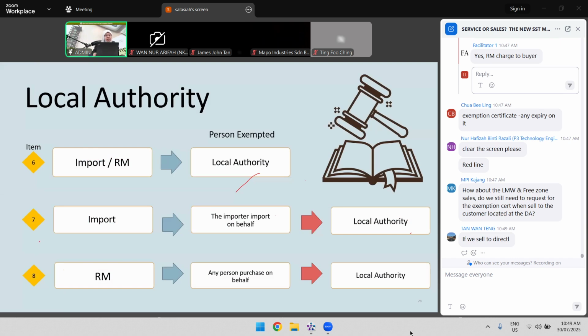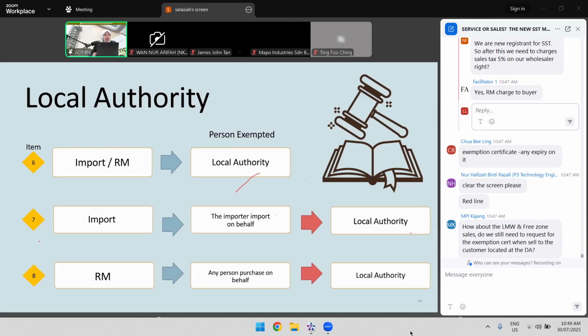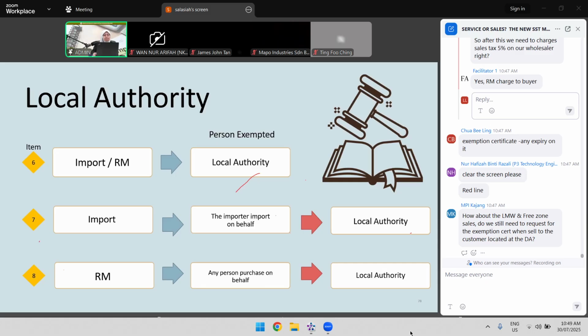Okay, other than government department, we have also exemption for local authority, and the same concept applies. If they say you are being appointed by this local authority, Majlis Bandaraya Shah Alam, for example, to purchase or to import on their behalf, then you have to go into the system